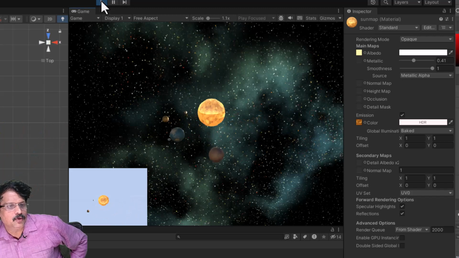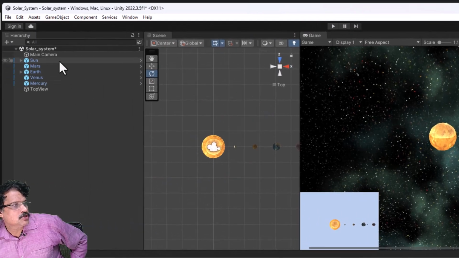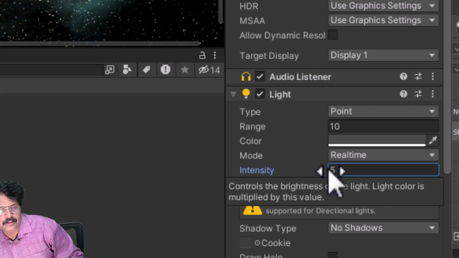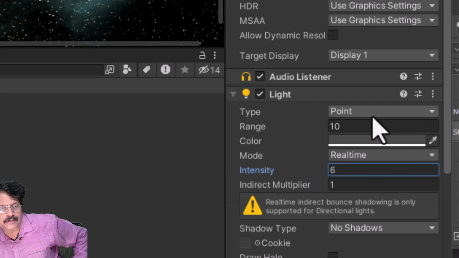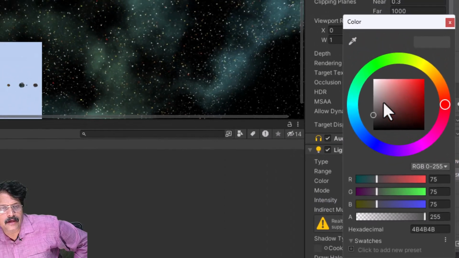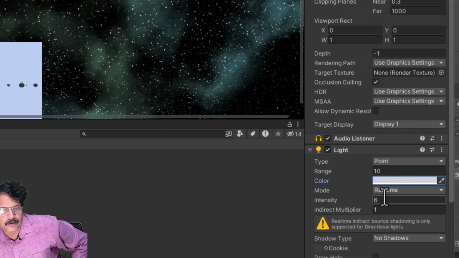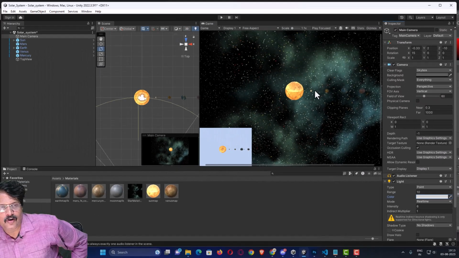Okay. So, now the next thing is, when I am playing the game, one more thing here is, I find the planets to be too dark. See, the planets are appearing too dark. So, I will stop the playback and I am going to select the main camera. I will come over here to the light, I will increase the intensity to 6, and one more thing is this color, whatever I had chosen, the gray color, I will choose a little brighter color only. So, I will set it to 210, and set the intensity to 6. This is for the ambient light. So, with this ambient light and all these settings, now we can see the planet appears a little